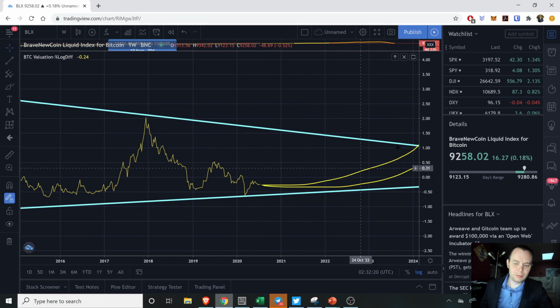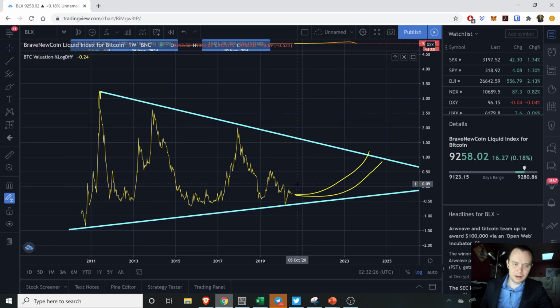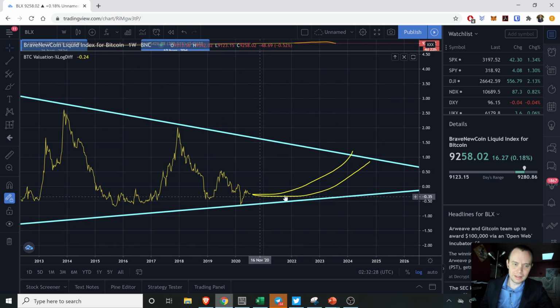Are we getting back up into this region, which, as I'll remind you, is kind of our longer term trend line here? So are we getting back up into this region? And if we are, maybe this is saying, okay, you know what, it's been a fun ride. Hopefully all of us are up 10 to 20x by that point on Bitcoin alone, and it's just time to take the profits and run.